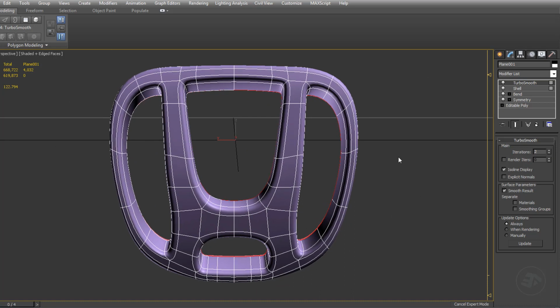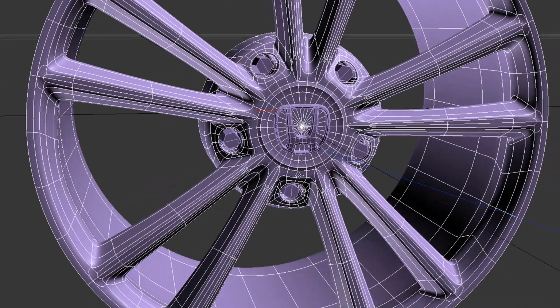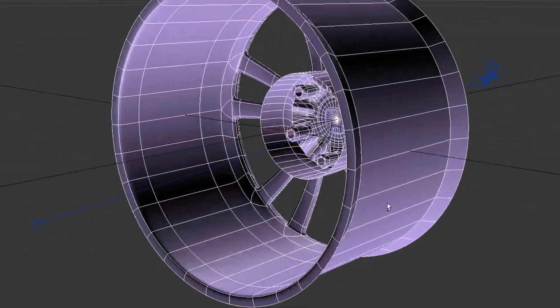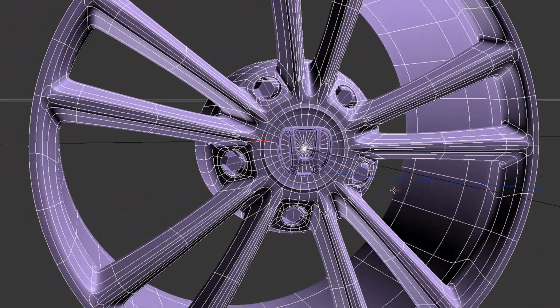As mentioned, we are going to use this emblem only to create the rim texture. With the right plan, and by using this technique, you can model whatever design